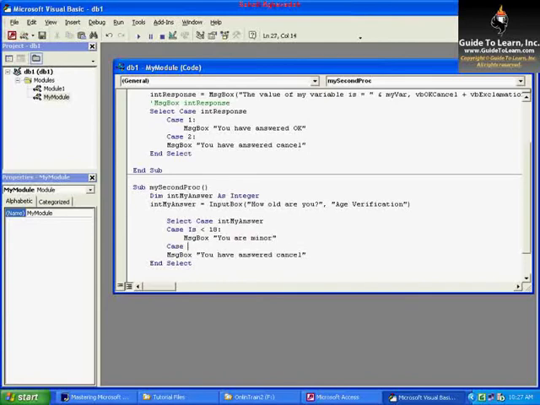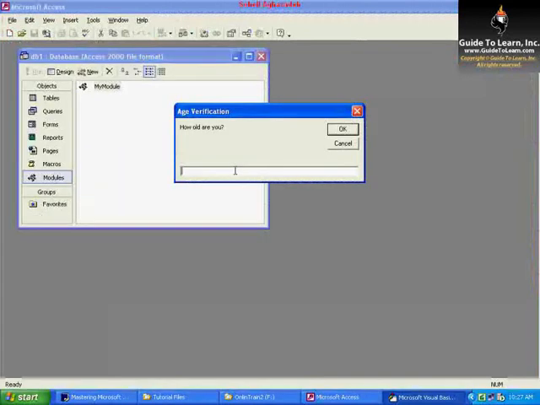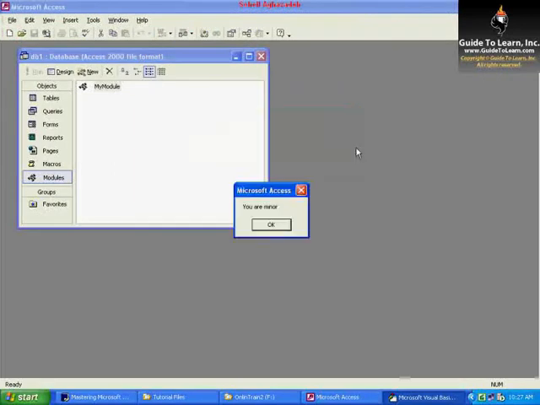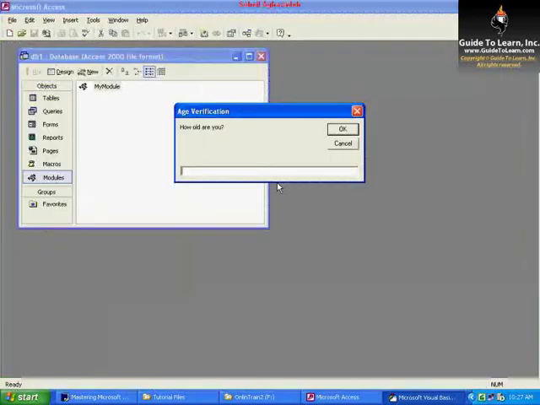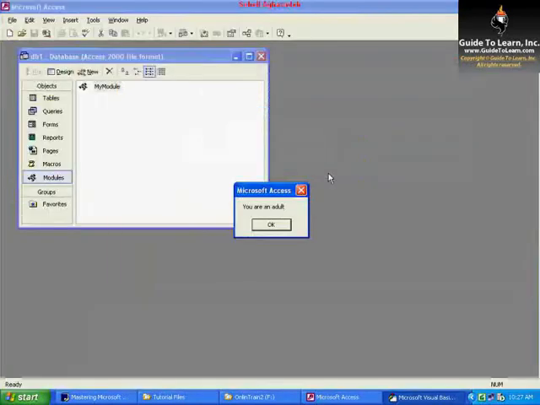And if I say case greater than 18 or equal to 18, basically, I say you are an adult. So let's go test that. It says, how old are you? I say, for example, 17. And it would message me that you are a minor. If I go ahead and run this again, if I say I'm 32, for example, it says you are an